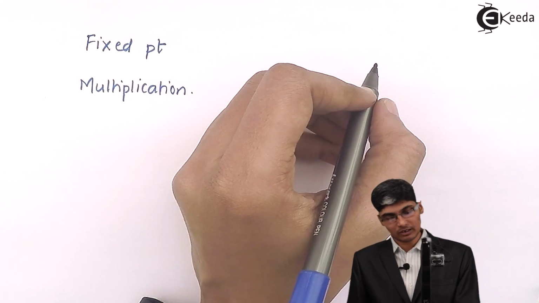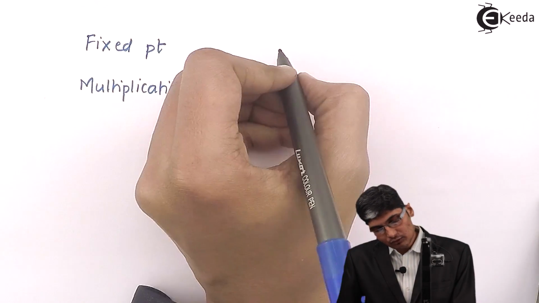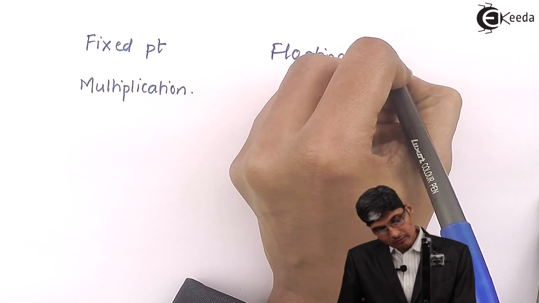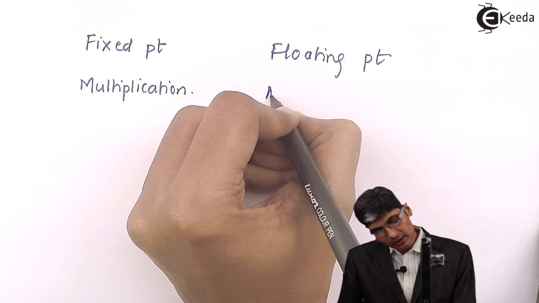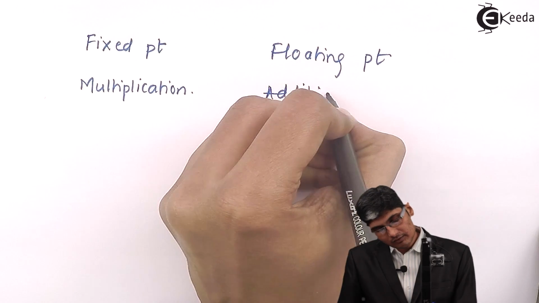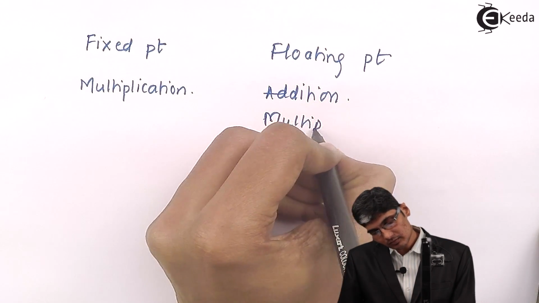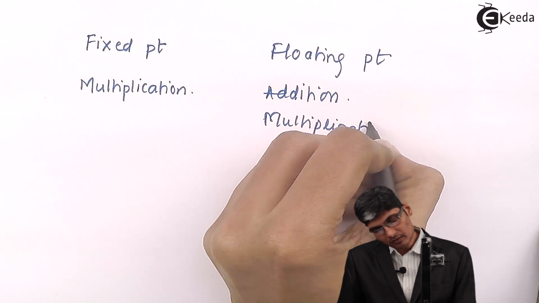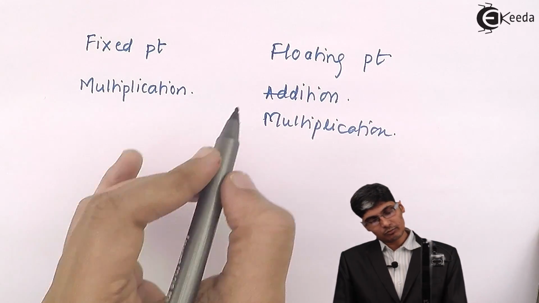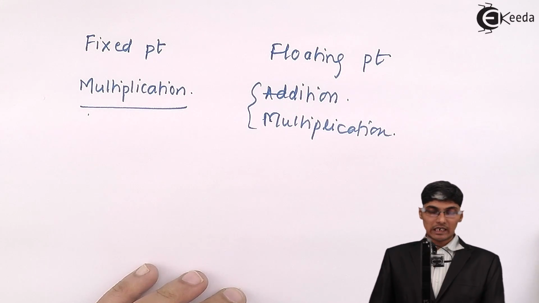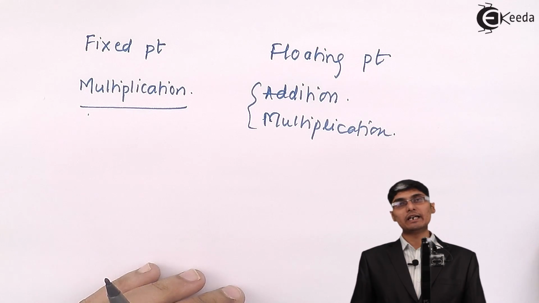It's too much. And in floating point, the major problem will be with respect to addition also and with respect to multiplication also. So we need to take care of both of them when we are dealing with the fixed point and floating point number